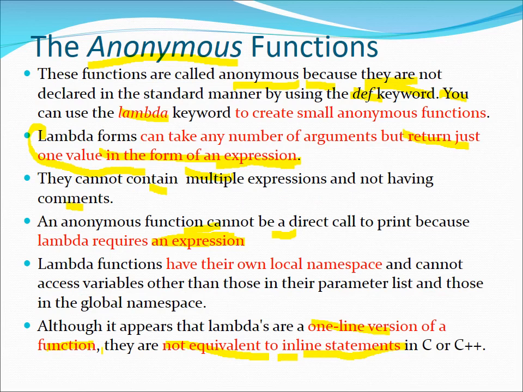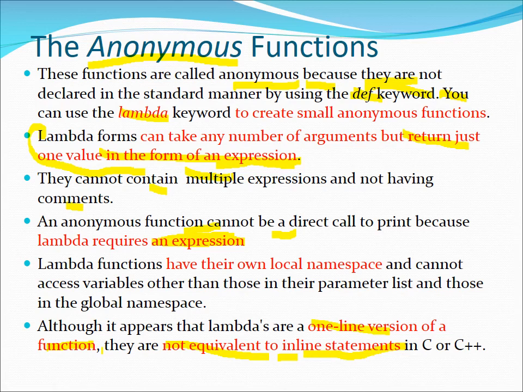Then another kind of function is the lambda function or anonymous function. This is quite different from the normal functions. So what is an anonymous function or lambda function? The function is anonymous, which is why it is so called, because it is not declared with the def keyword. Normal functions begin with the keyword def. If a function has no def statement, it will be an anonymous function, and it is also known as a lambda function. So the keyword used to create an anonymous function is lambda.